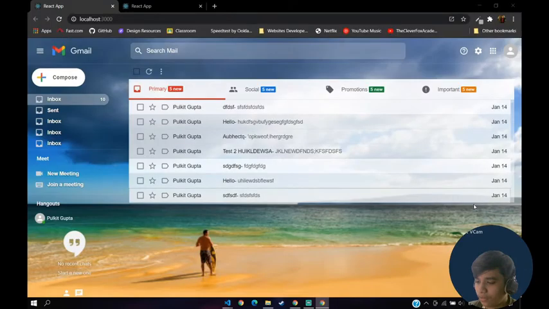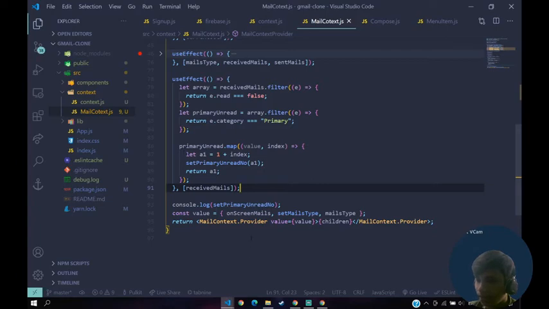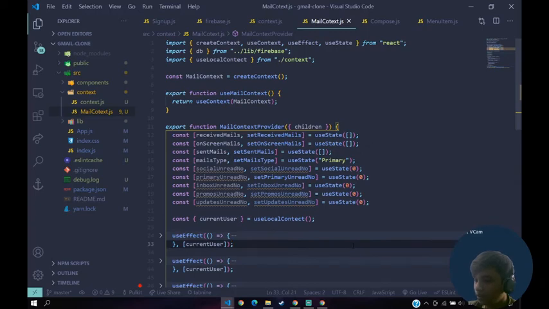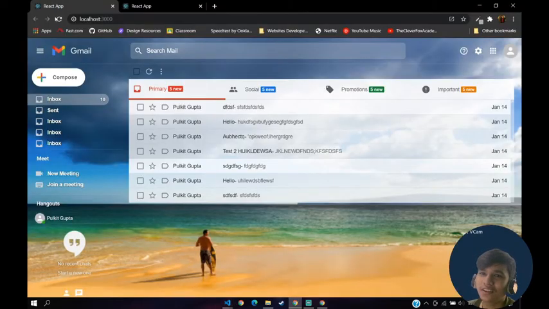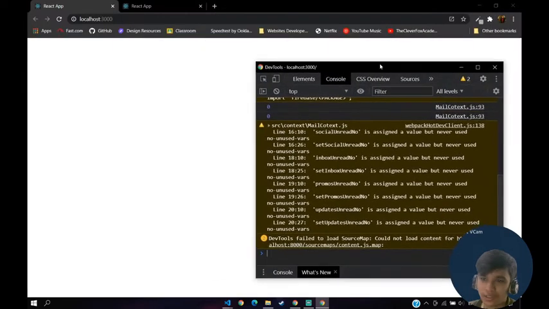Okay, wait, what I'm console logging is the wrong thing. What are the primary and read number? I'm console logging the wrong thing. I have to console log my primary and read number. Set primary and read number is obviously the way to set it, right? So I was console logging the wrong thing. So now I think we should get a number. As you can see, we get a 0 initially. We might get 2 once our application loads.